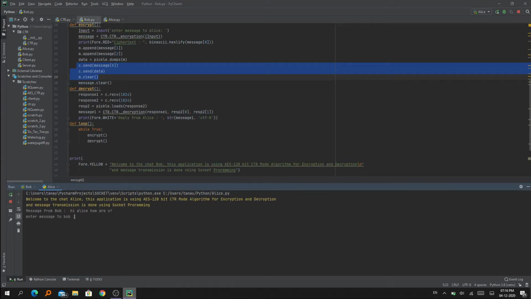My registration number is 19BCI7016 and the course name is CSE1007 Introduction to Cryptography, and the slot is E. My project name is Advanced Encryption Standard using CTR mode, that is AES encryption using CTR mode, 128 bits.